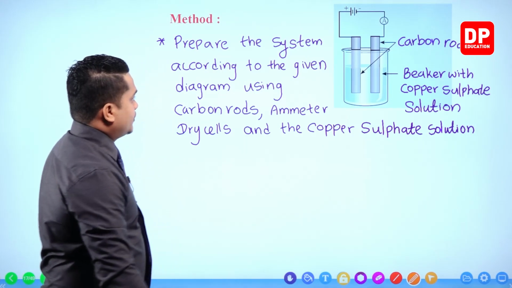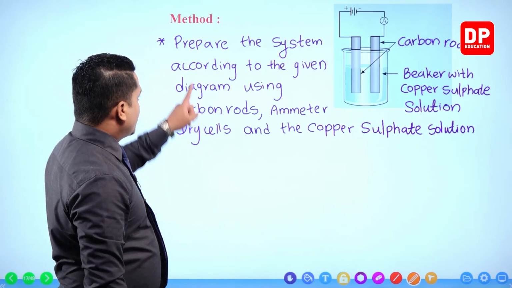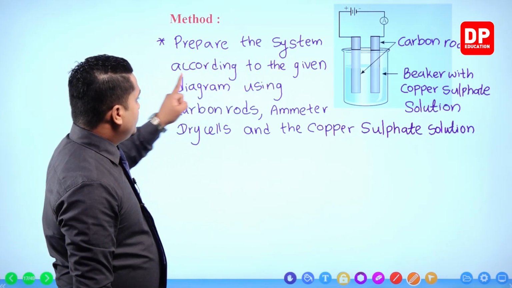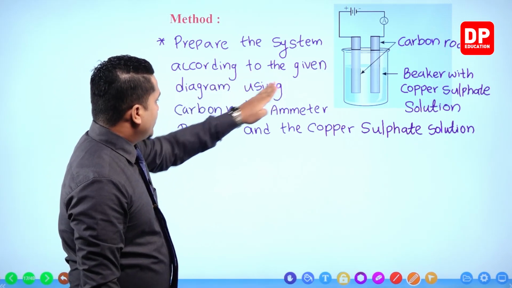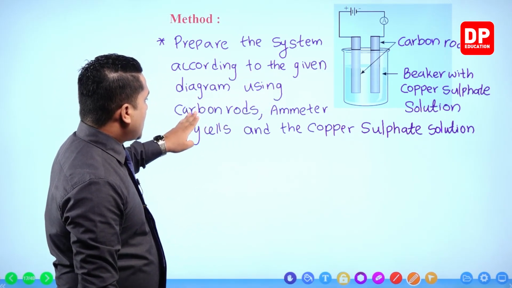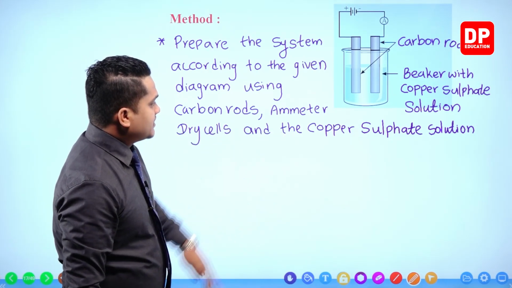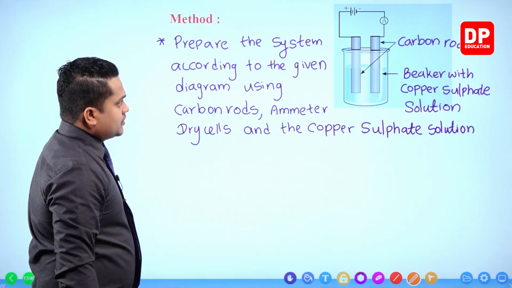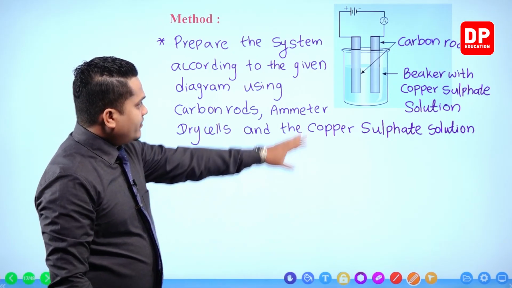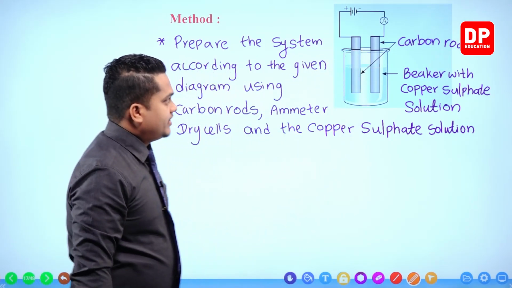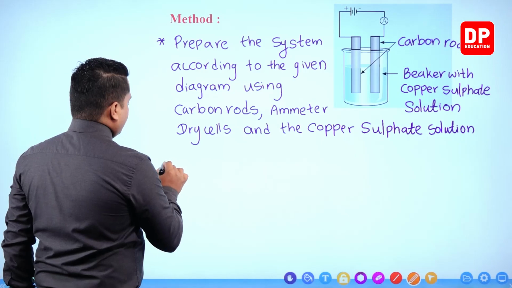Right. So the first step, very simple. Prepare the system or the circuit according to the given diagram using carbon rods, ammeter, dry cells and the copper sulfate solution. So by using those materials, we have to prepare this system over here. Okay. Then